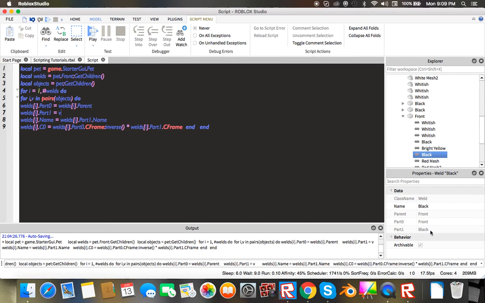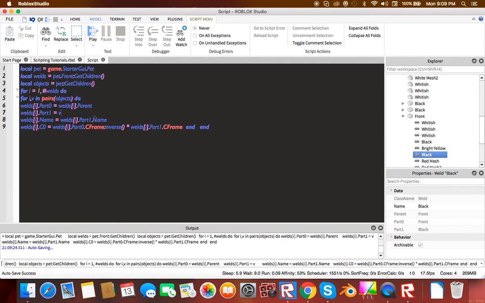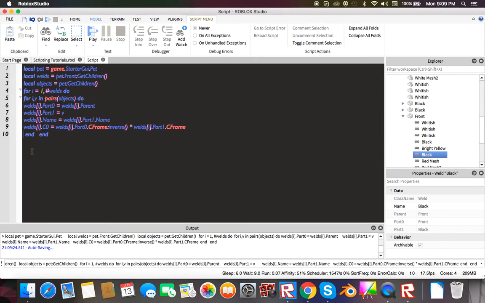So the part 1 should be, yeah. And then I named them because I like to know if I got all the welds and which ones I don't need. So I named them by their part 1 to tell me what's up. And then welds I dot C0 equals, and then this is the rule of thumb I was talking about: welds part 0 C frame's inverse multiplied by the welds part 1 C frame. And then I ended them. These are the 2 ends for the for pair and the for loop. Alright, so now that I've done all this,